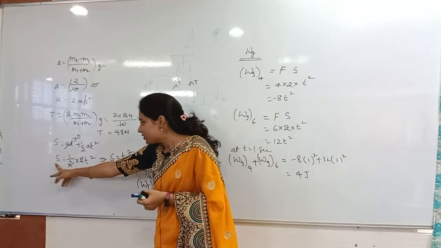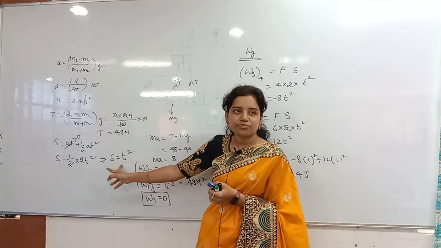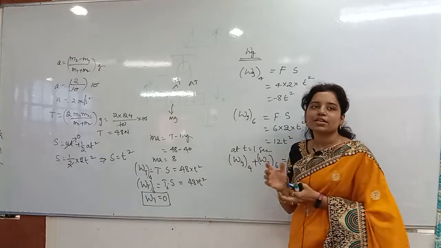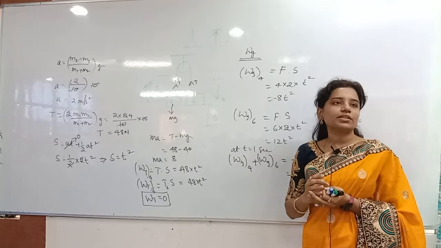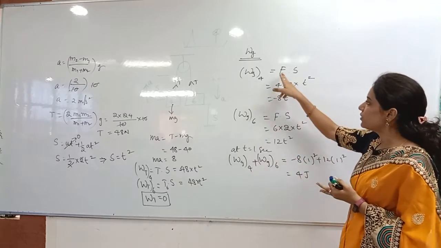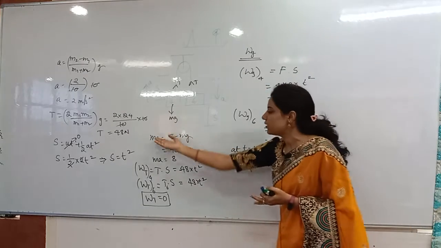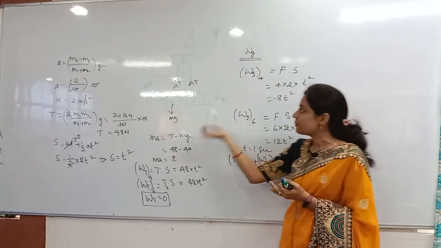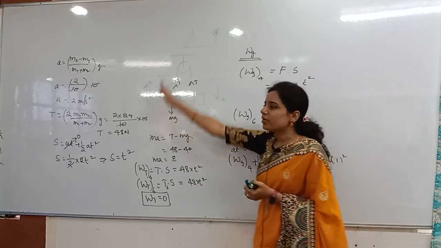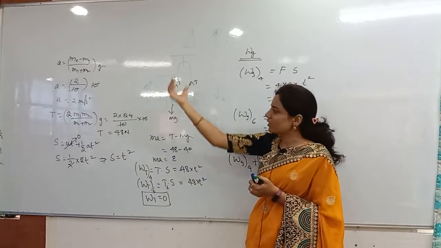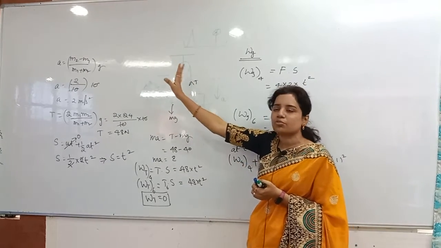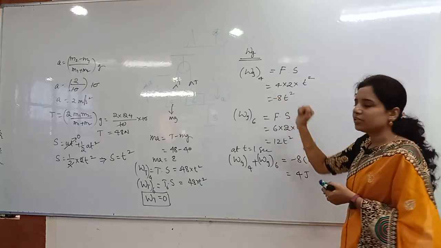Then I got the displacement s equals t square. By taking s equals t square, you have to find the work done by gravity. Work done by gravity is the force it is causing into the displacement. The force is ma only. If you find the net force also, ma is 8 only here. So 8 into displacement t square. This is going in the upward direction, so I am taking that displacement as negative. Either this can be negative or that can be negative, no problem. So minus 8 t square.